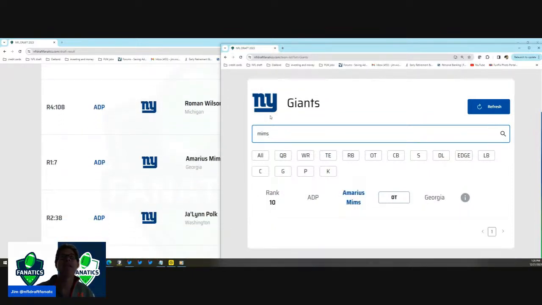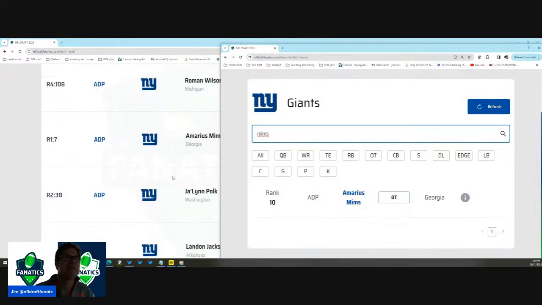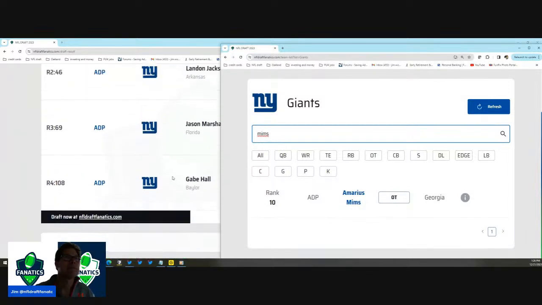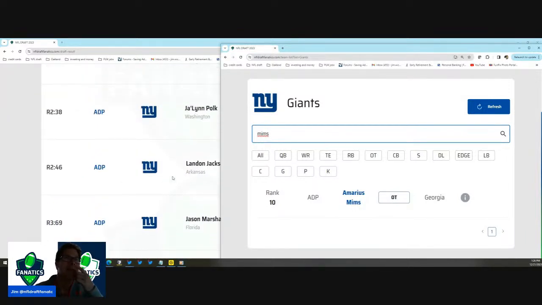I think Mims was 10th at the time I picked him. He's still 10. Okay. So hopefully you see that the player boards change as a result of any mock draft you do at